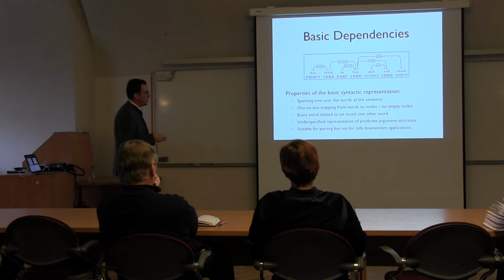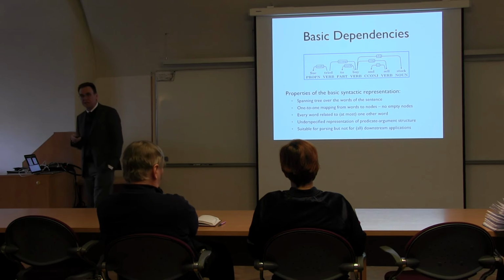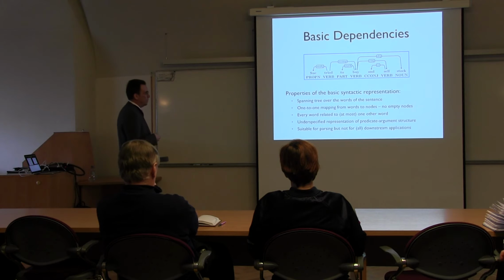Secondly, the tree constraint. Every word has exactly, or at most, one incoming dependency, right? Or has one head. In this representation, the predicate verb doesn't have any incoming, but we can, of course, add an extra root node to make it the case that every word has exactly one dependency. Now, in general, this gives a representation of the syntactic predicate-argument structure that is sometimes underspecified in certain respects.